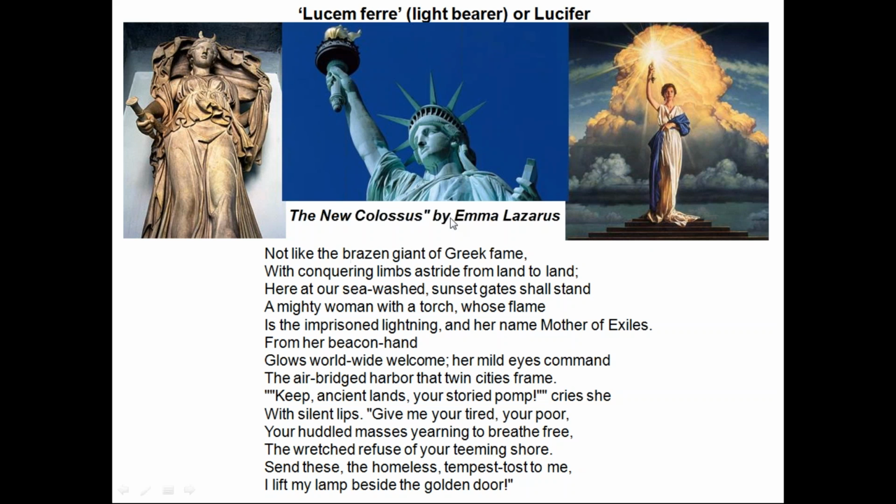And then this poem by Emma Lazarus, which was part of the auction that Pulitzer had. She was a Jewish poet, a Jewish woman of a large immigrant Jewish family. And she saw Lady Liberty as the mother of exiles, and she wrote this poem, which only years later became emblazoned on the pedestal and associated with her in this latter part of it. We know, forgive me, you're tired, you're weary. But in her poem, which is interesting, she is separating liberty from Greece, because it's called The New Colossus, and what she's referring to is Helios, who was a wonder of the ancient world, straddling the Bay of Rhodes. And that's what she's saying here, not like the brazen giant of Greek fame with conquering limbs, astride from land to land, but here at our sea-washed sunset gates shall stand a mighty woman with a torch,